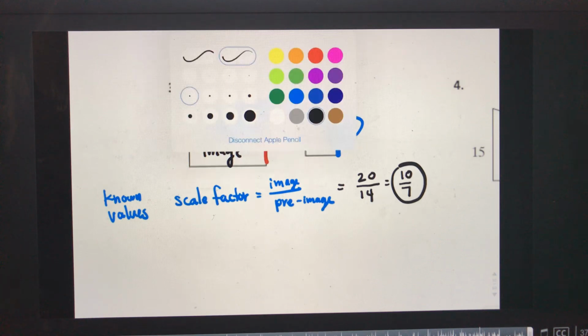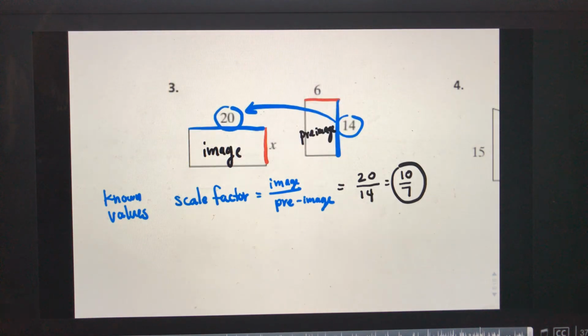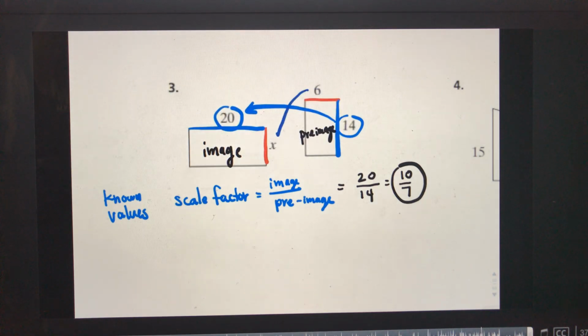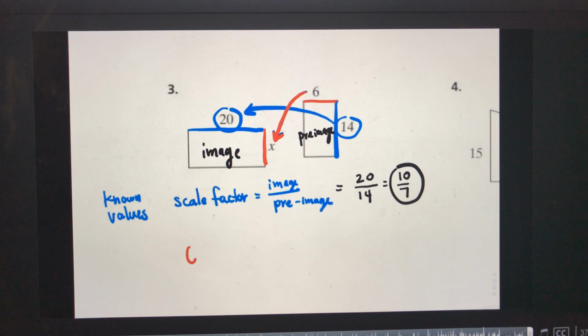Okay? So we are going to do the same thing for the 6 to the x, short side to short side. We don't know that part. Let's do that in red. Short side to short side, okay? We don't know, so we're going to try and figure that out, okay? So I start off at 6. This is my pre-image,